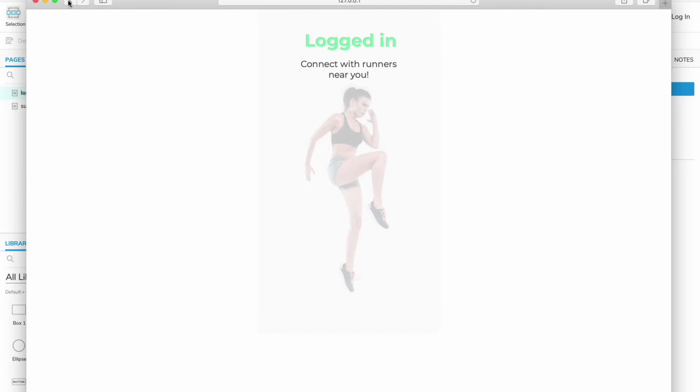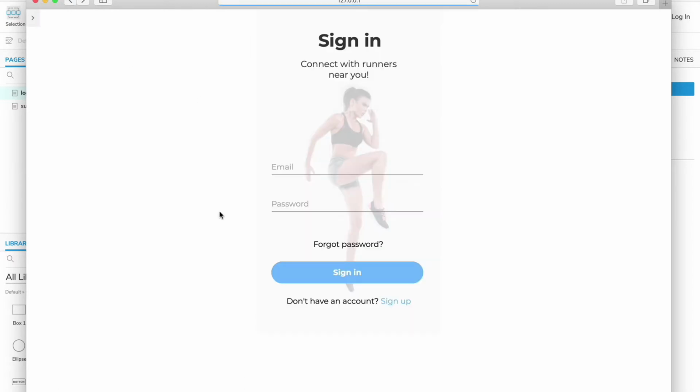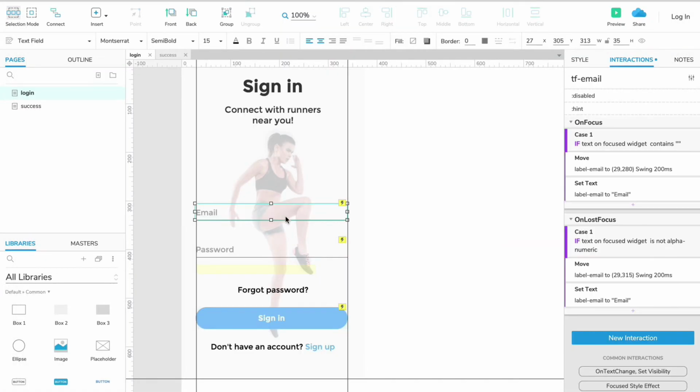And this is working. But why? Okay, let's see here again. What did we enter here? I think the problem is